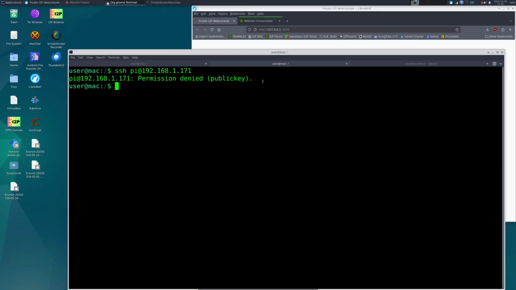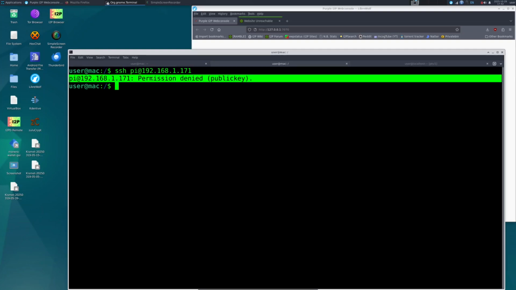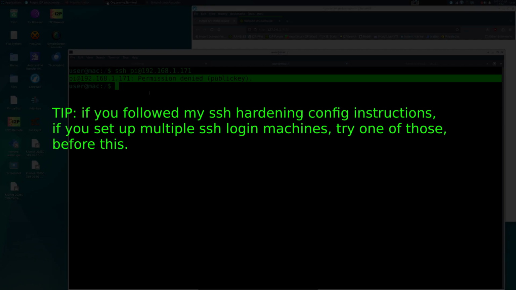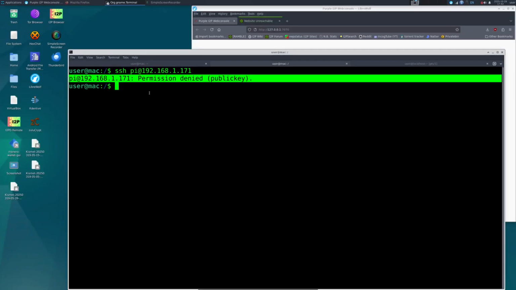But the point is, if you ever run into this problem, I did want to record this while I'm fixing it because it's a really simple and easy fix, something that many people probably already know what to do. But for Linux beginners, this video is for you. If you ever run into this, you set up SSH key authentication, you followed my previous video and blog post showing you how to do that, and now you don't have a way to log in with a password because we restricted our SSH to only accept the key authentication. So what we're going to do is we're just going to simply reverse that. We're going to disable the requirement for key authentication, just in case anyone on the internet who's a Linux beginner